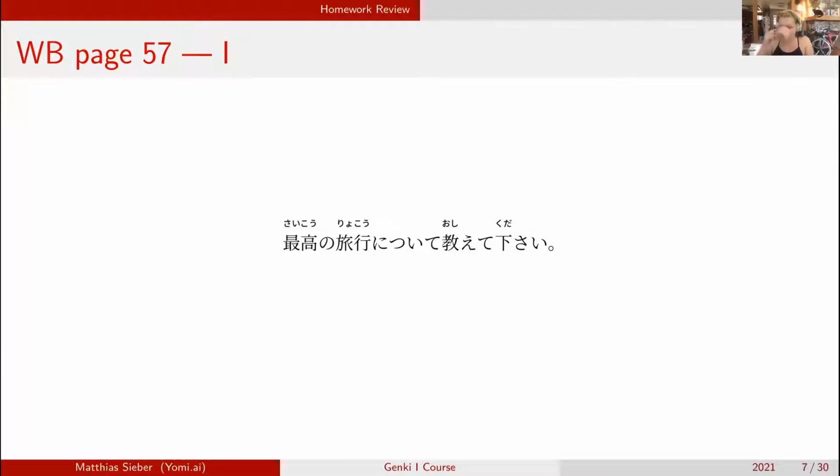So it was page 57, Roman numeral 1. どこに行きましたか、ジェームスさん。私はロサンゼルスに行きました。ああ、そうですか。Interesting. まあ、カティアさん、最高の旅行についてどこに行きましたか？私はパリに行きました。そうですか。フランスのパリですね。はい。誰と行きましたか、カティアさん？